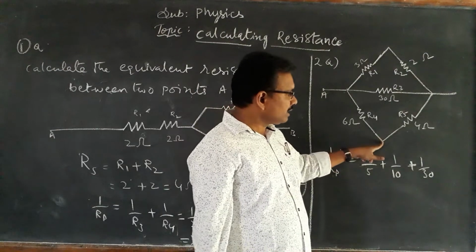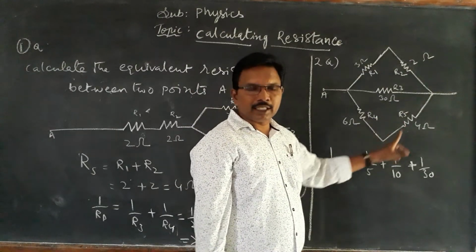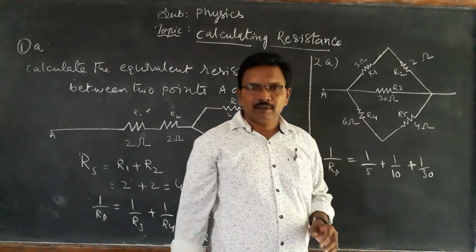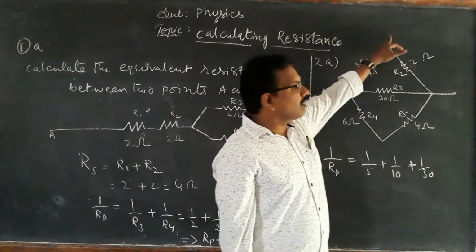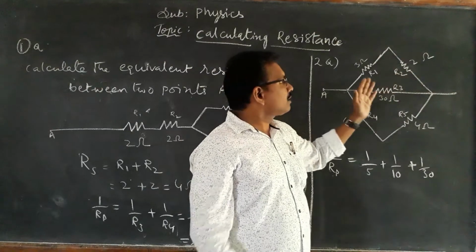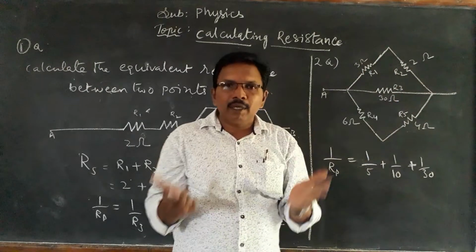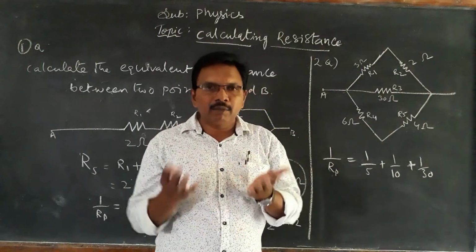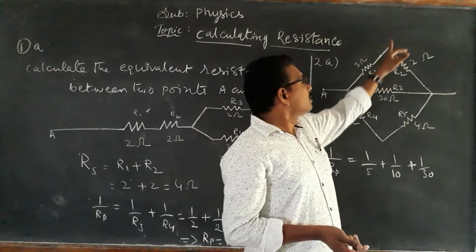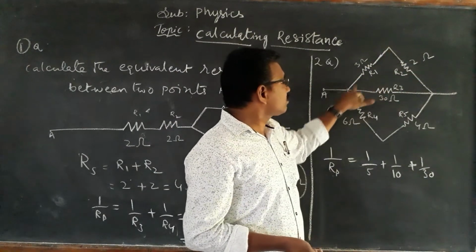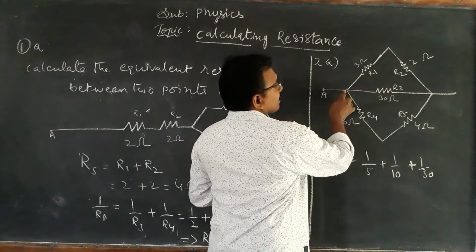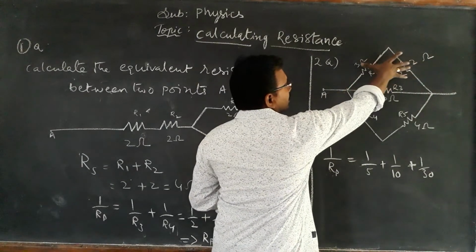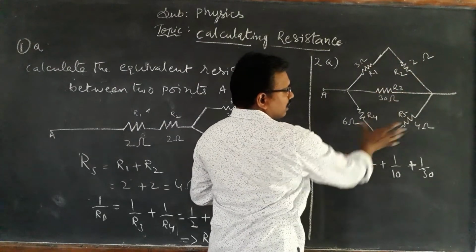So don't think these two are parallel. This is series, just making a curve. Not from the junction, not from the wire, not drawn from a single wire. Just the same wire is making some bendings or some curves. So not drawn from a single wire. This is drawn from here, but here these three wires are drawn from a single wire. So that is why this total, this one, this total are parallel.